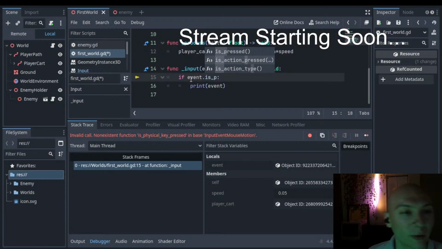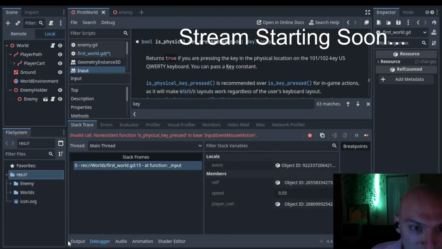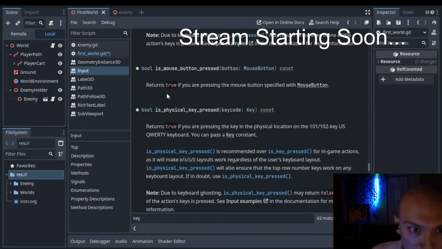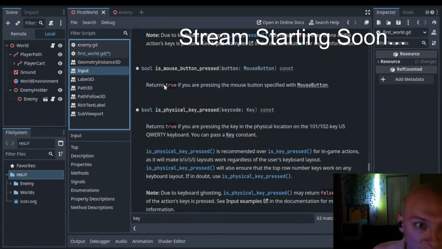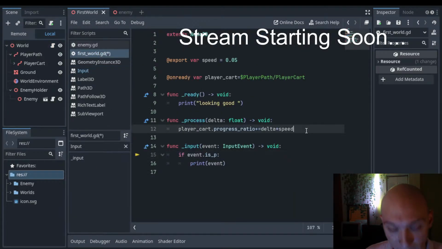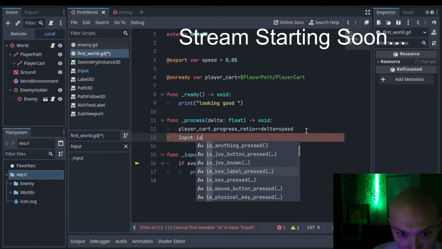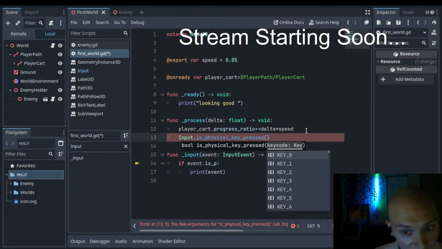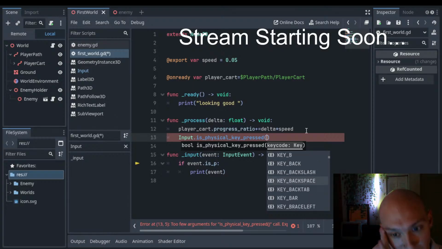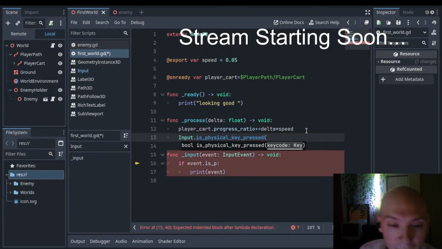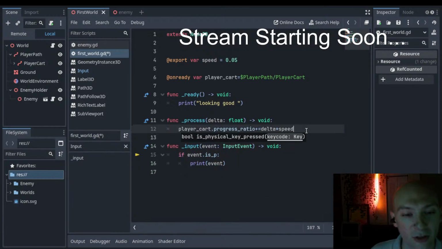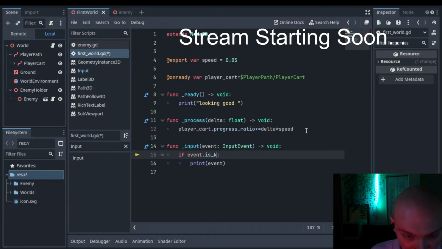Do I not have that? Am I reading this wrong? Does that mean I can only access it if I do input dot is physical key pressed? Okay, so yeah, that is scanning keys. It's not like you're checking for every key. All right. Is it like is key pressed? Is key event